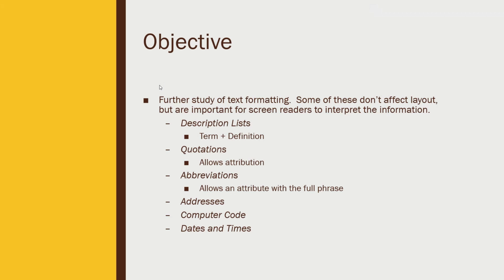So we've reached our objectives. We saw a description list, how you can do terms and definitions, quotations, abbreviations, addresses, computer code, dates and times. All of these have formatting that can be done with conventional tags where you don't call out specific things like this. But it's really important to add that extra piece of information so that screen readers can interpret the information that's normally only